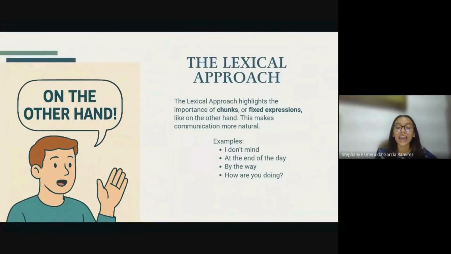Next, we have the lexical approach, which was developed by Michael Lewis. This method focuses on vocabulary, and specifically on chunks or fixed expressions, like common expressions and collocations. As you can see on the presentation, like I don't mind, on the other hand, by the way. The idea is that speaking with chunks makes students sound more natural and more fluent than just learning isolated